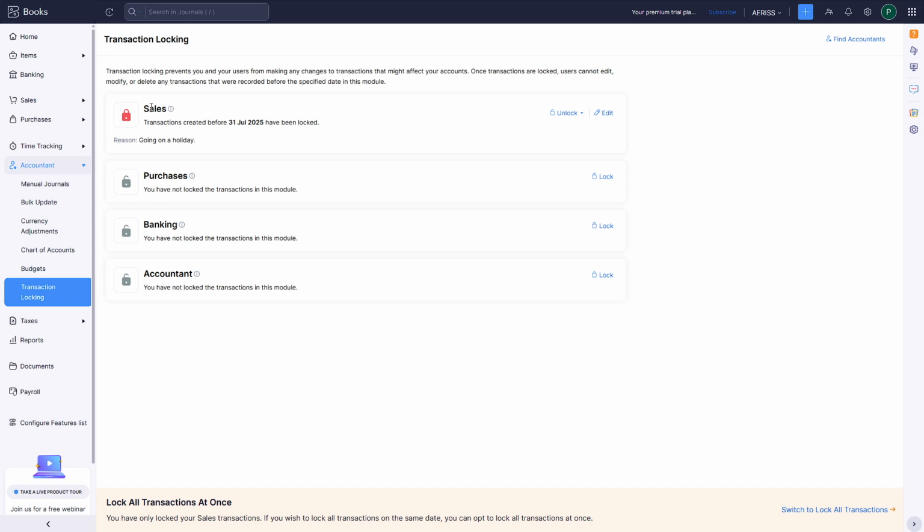full 2025 guide. Remember, locking transactions is an essential step in maintaining the accuracy and security of your financial data. With this tool, you protect your records from accidental or unauthorized changes, providing peace of mind that your financial data